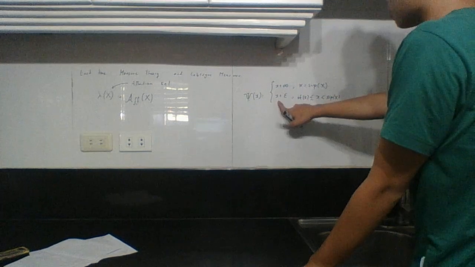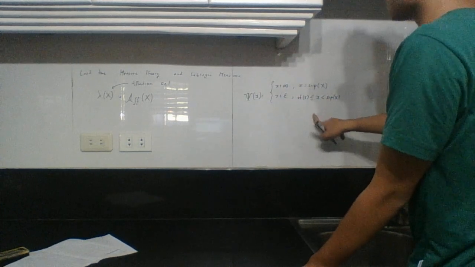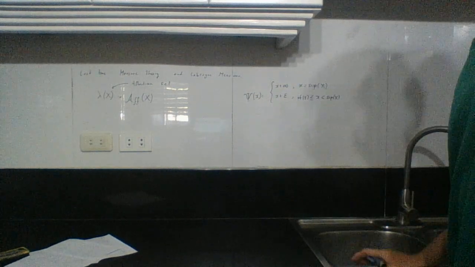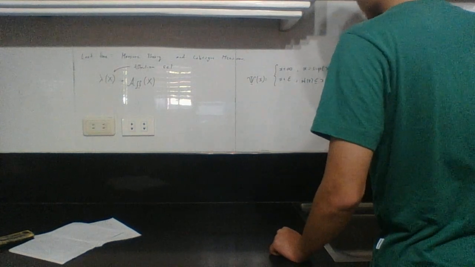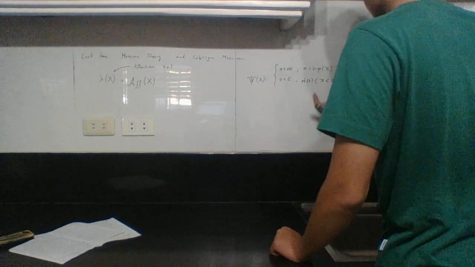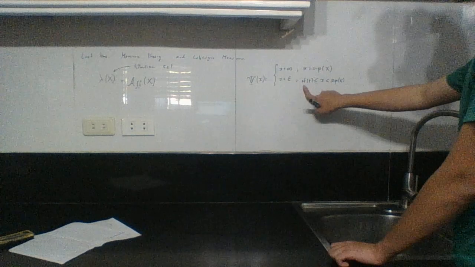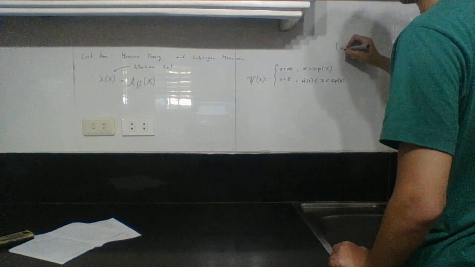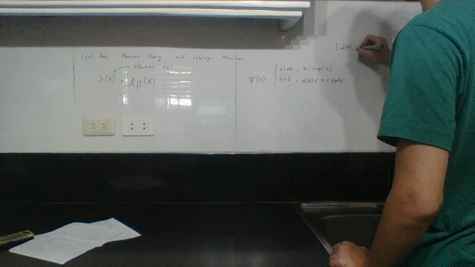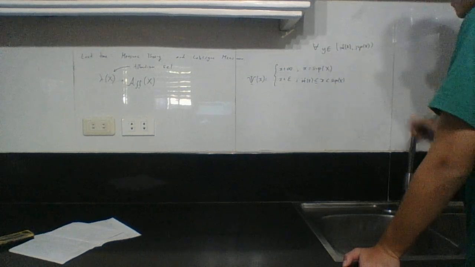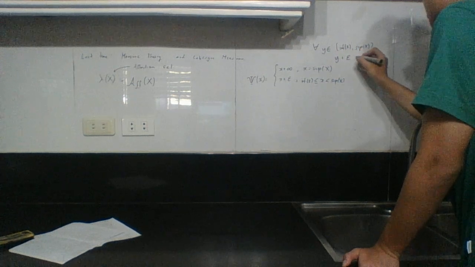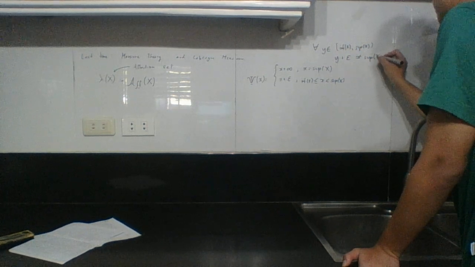I also restrict that for the X in this second map, they won't ever get mapped onto the supremum of X. When we add epsilon to X, it will not become the supremum of X. So for any Y inside this interval, between the infimum of X and the supremum of X, not included, Y plus epsilon will not equal the supremum of X. Okay?